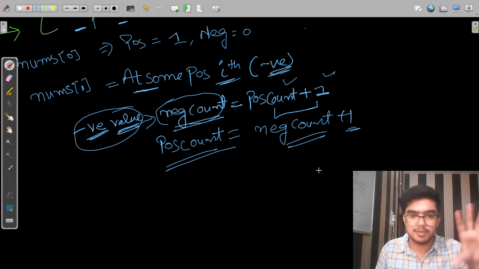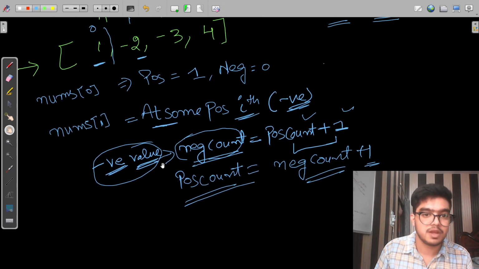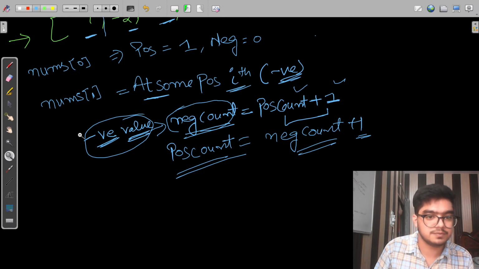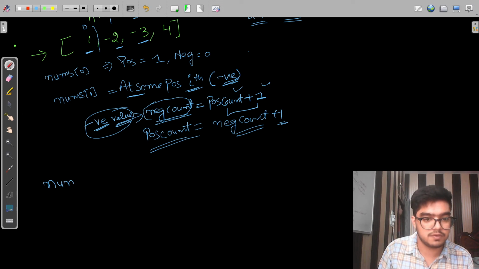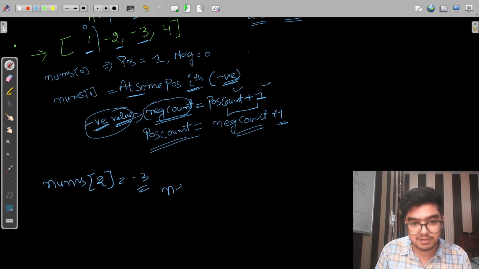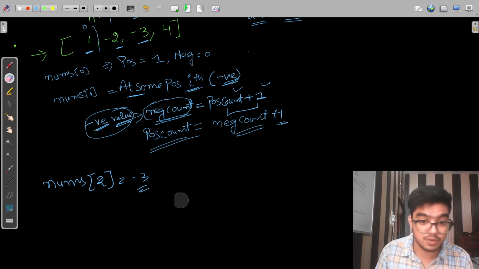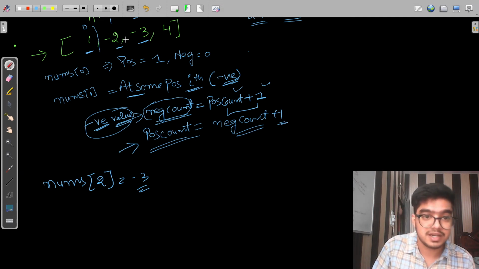We will also talk about some edge cases, but till then you should have clarity. Now we reach this index and we check that nums of 2 is equal to minus 3, which is also negative. In that case, as you know now, the positive count is equal to the negative count plus 1, and this negative count is the one till that position.